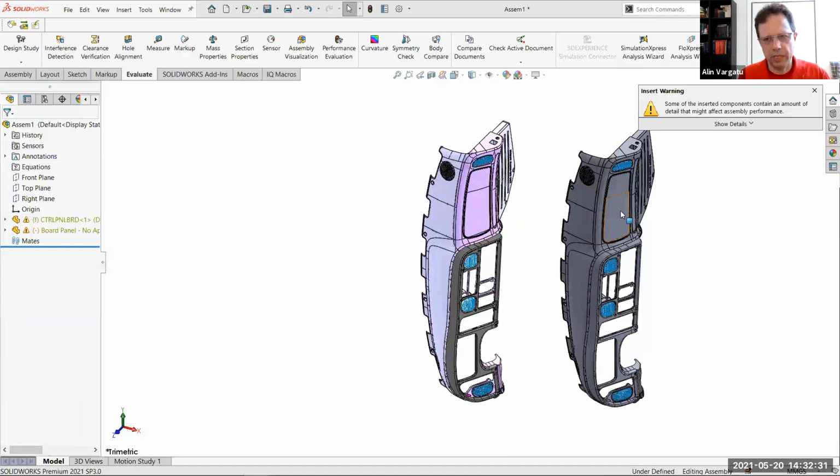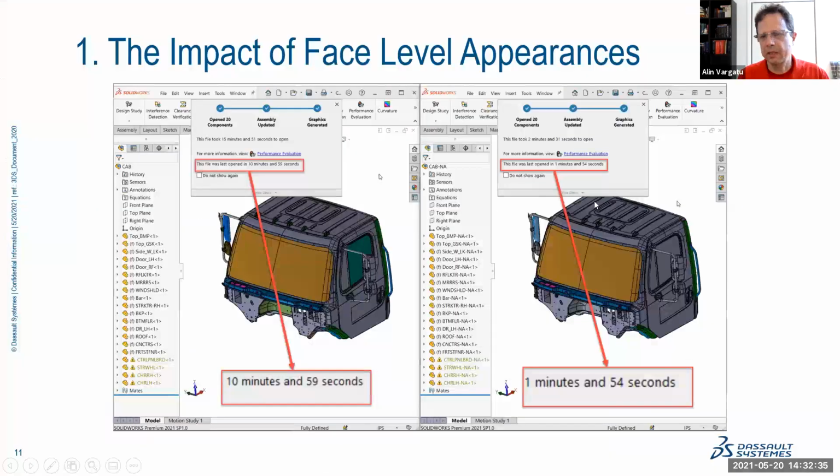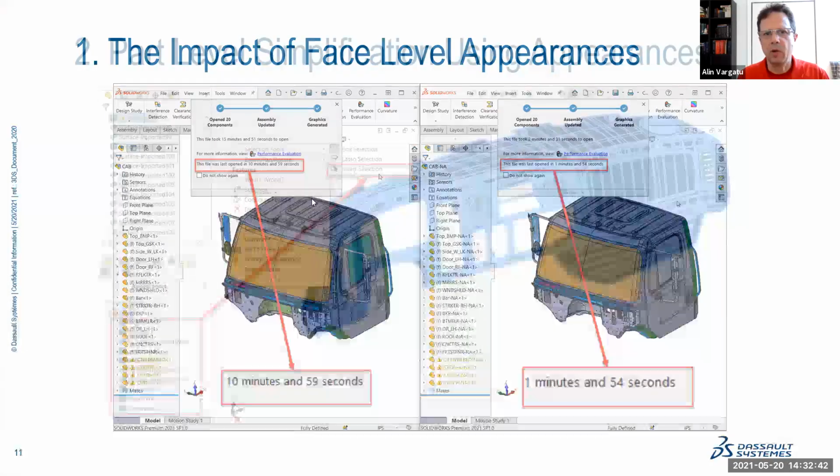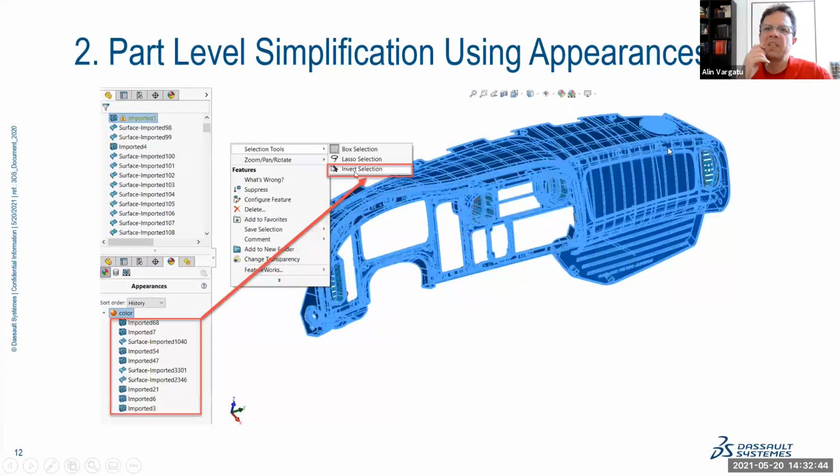The other thing that I would like to do is going to the next topic. Before we measure that, I want to add one more member to this assembly. What about simplifying the number of bodies, reducing the number of unnecessary bodies, right? Right now I have a few hundreds, but do I need all of them? Maybe not. So let me take this guy